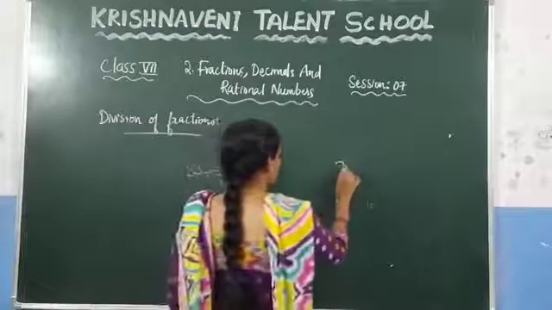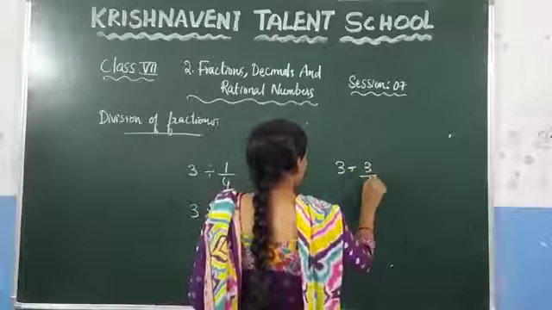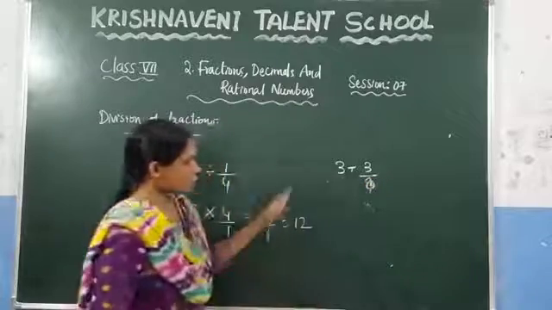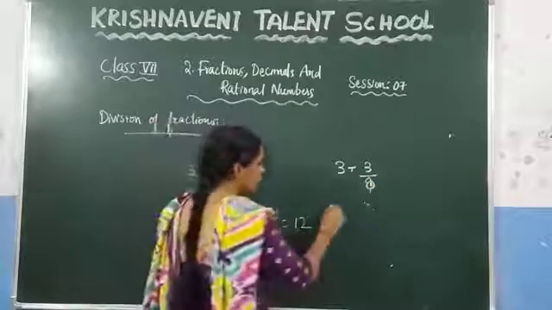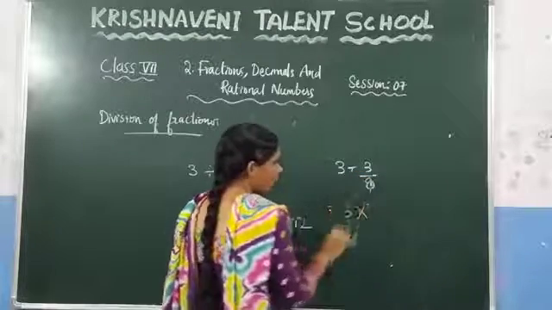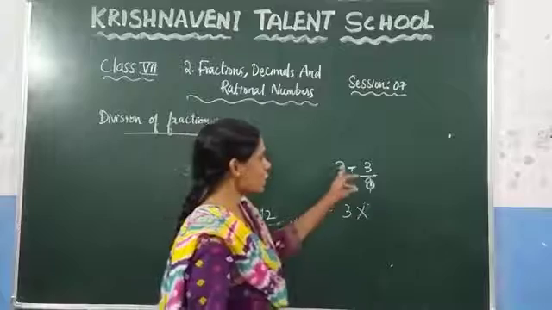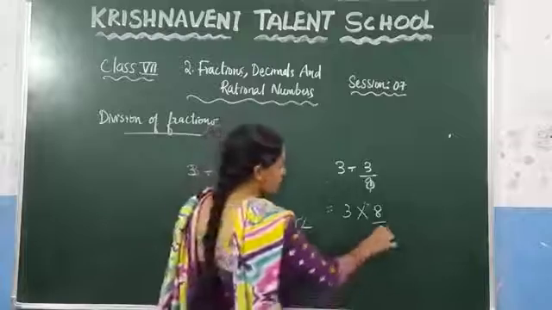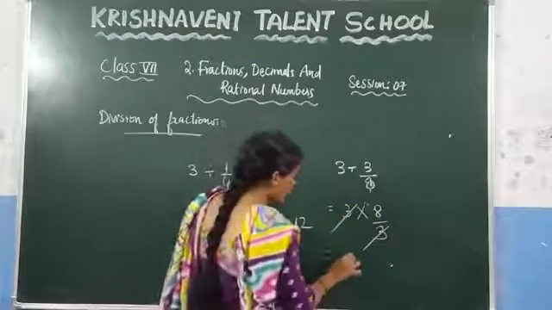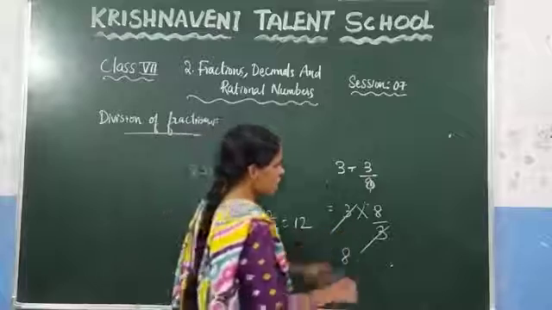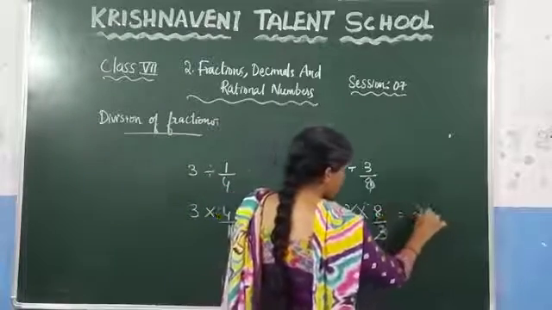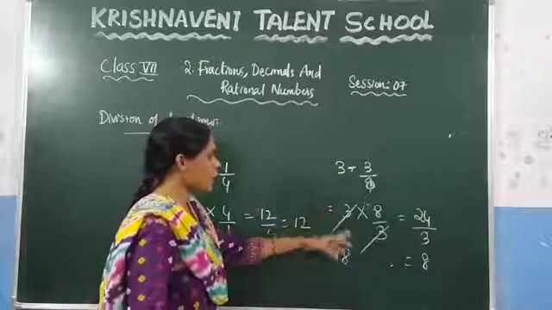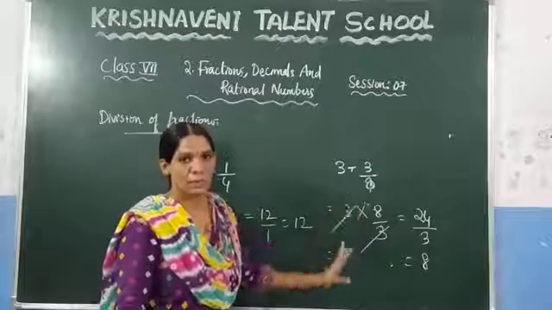Now consider one more: 3 divided by 3 by 8. Let us consider this fraction. Now if you want to find this, how do you find? In case of division, if you are keeping multiplication, you need to write the reciprocal. What is the reciprocal of 3 by 8? Which is nothing but 8 by 3. Here you can observe that this 3 will get cancelled, and the result is 8. Or otherwise, at this point you can multiply 8 into 3, which is 24, by 3, which is 8. Like that also you can calculate, and directly you can cancel if it is multiplication.